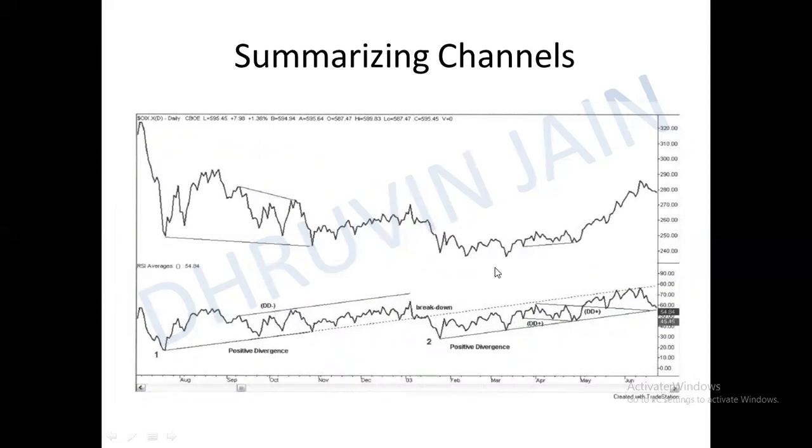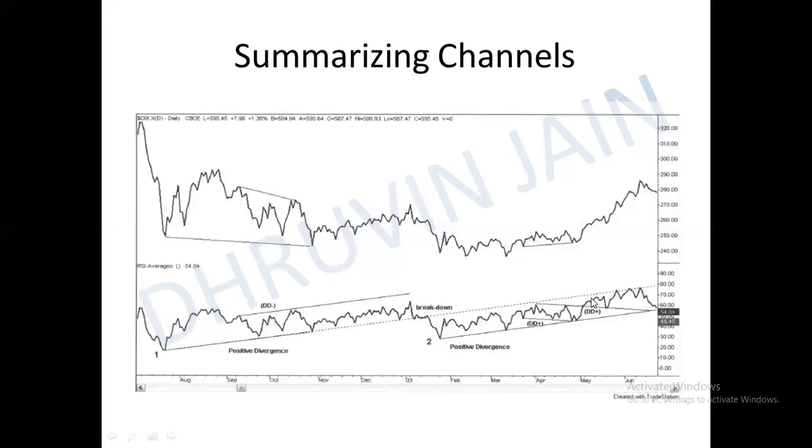RSI price started consolidating, as I said in the previous slide. RSI started consolidating, and the RSI continued moving inside its ascending channel. That means somewhere we could have expected range shifts. Okay, then at this point RSI broke the 60 regions. At this point a descending channel was made.